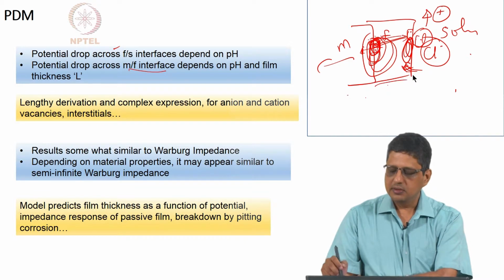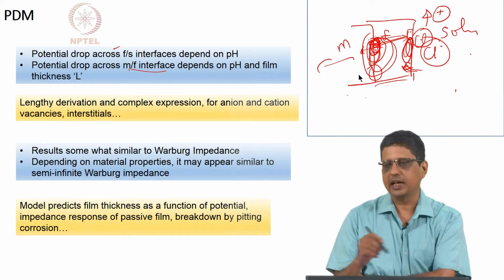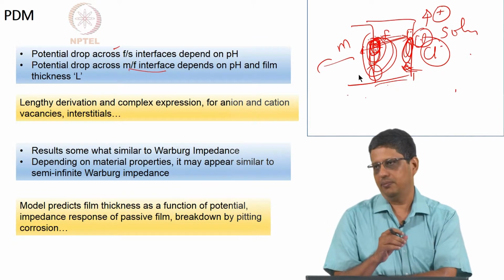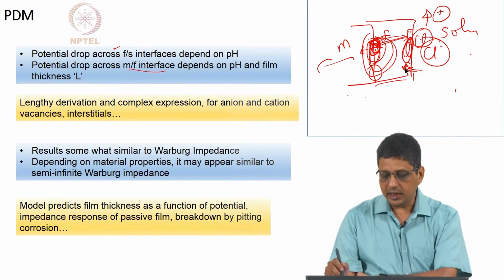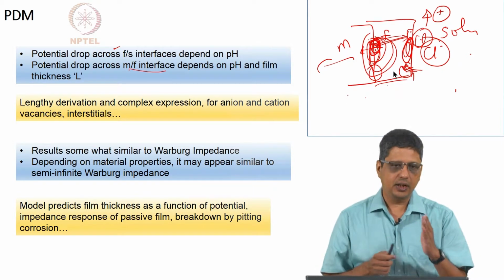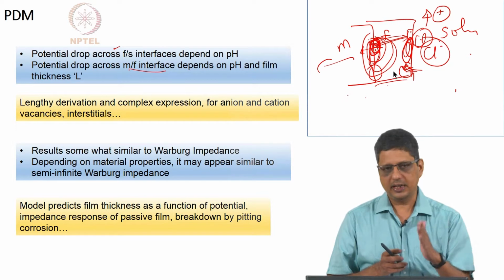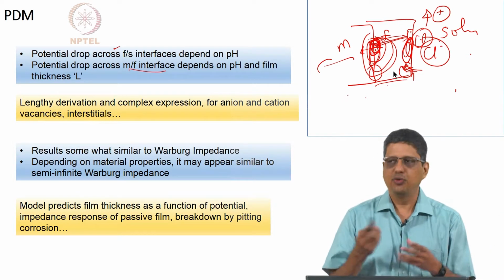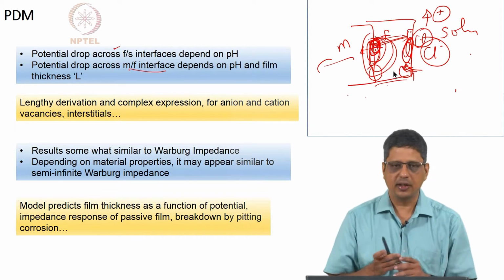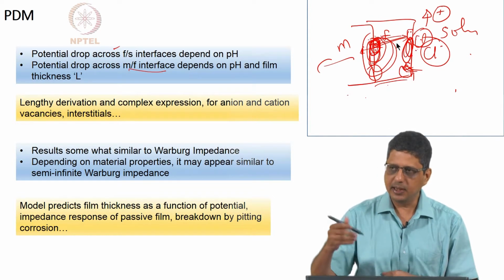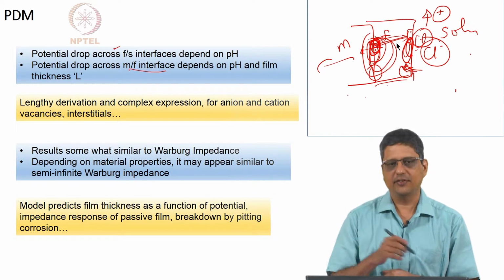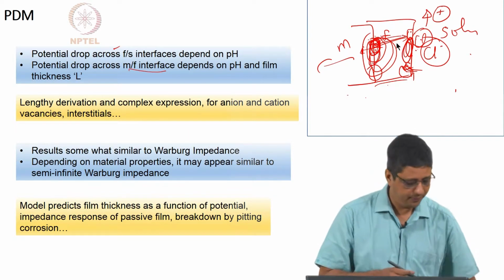Some theories were there before which said chloride ion is diffusing in, coming here and attacking it, but it is not likely for a large anion to move through a film. It can come in and get incorporated and then it can go by jump, that is possible, but one chloride ion coming here, a few chloride ions coming here, will not cause such a void, whereas chloride ions sitting here, but accelerating this formation of cation vacancy, will definitely cause this issue. Okay.